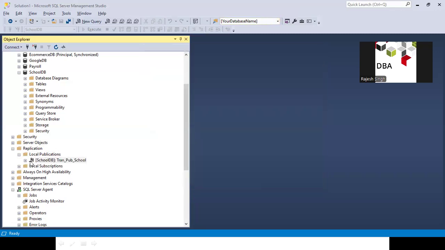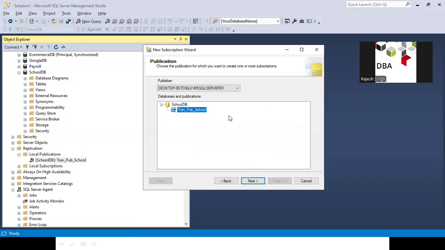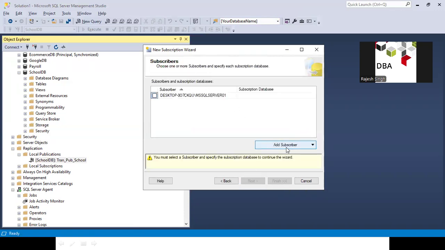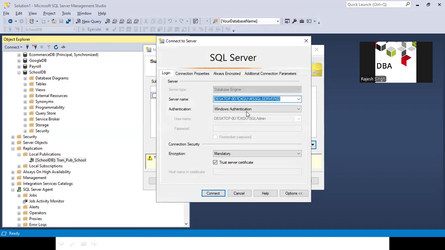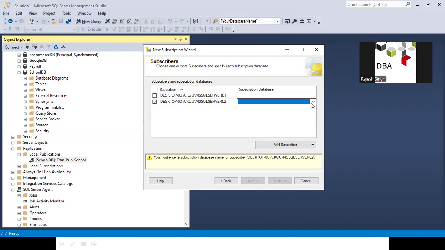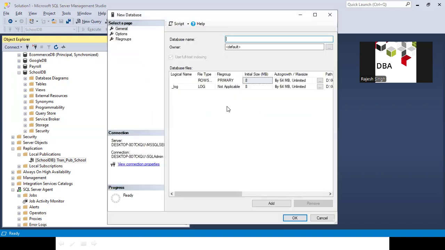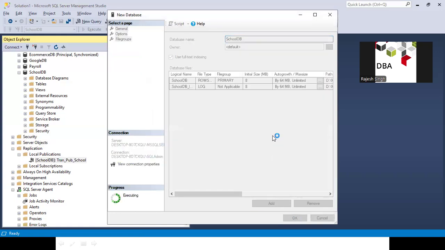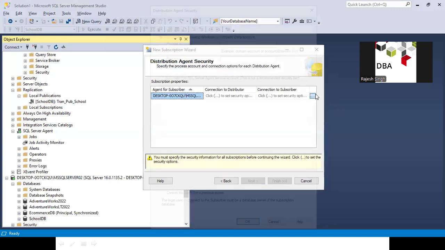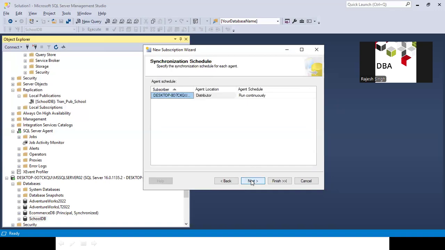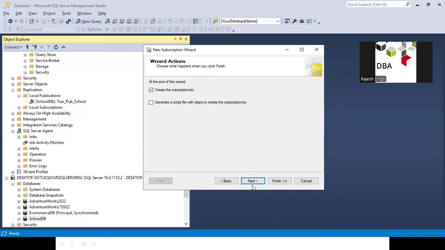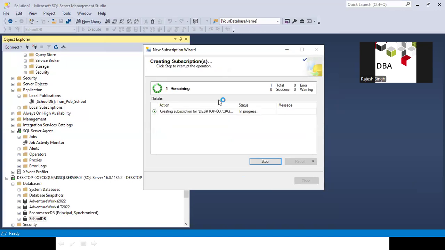Okay, next we have to add a subscription. On the basis of your usage, you can subscribe multiple servers. So this is a publication. Once again, we are going with a push. And for the secondary instance, I want to add 02, basically. Here, I want to create the same school DB. Next, security, very straightforward, because we will not waste time on the configuration, because it's straightforward, but while fixing an issue it will take so much time.